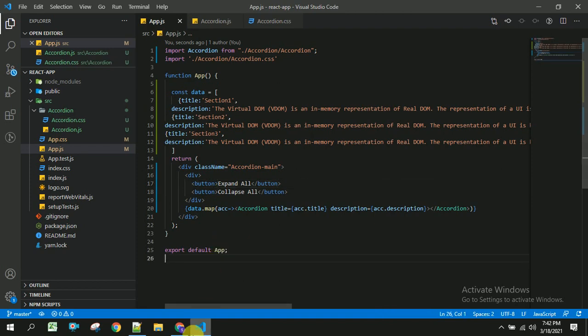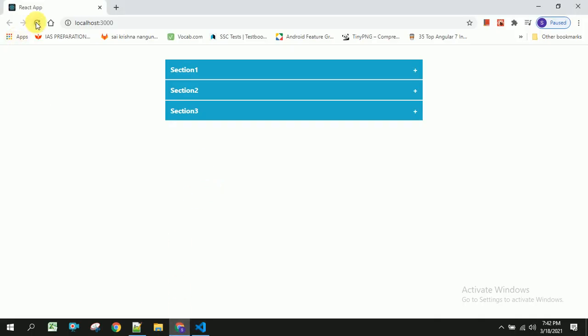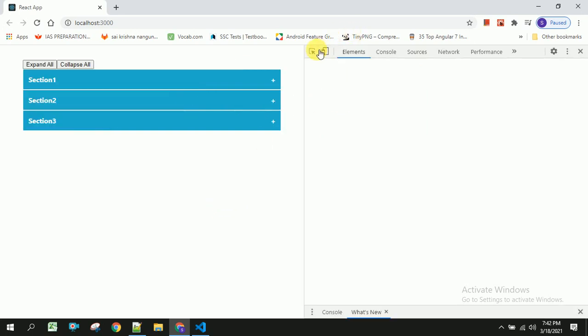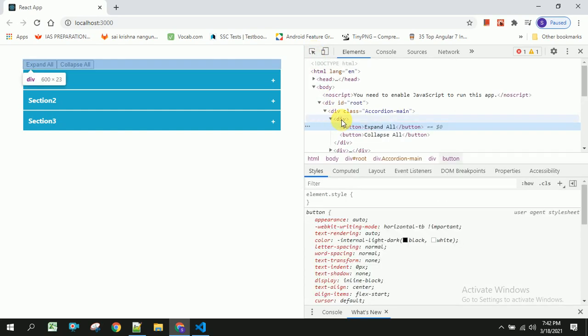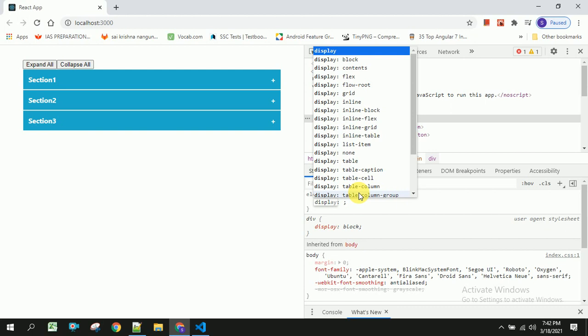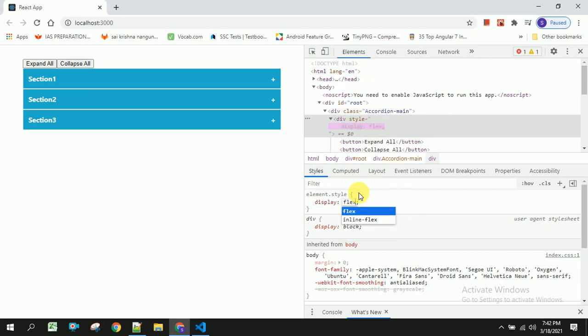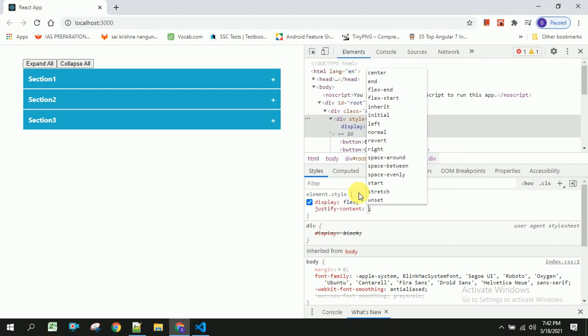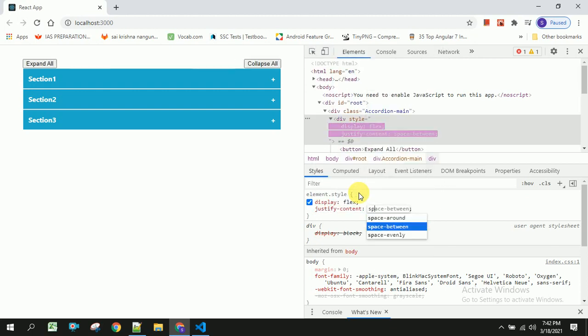Now I will apply some styles to this expand all and collapse all buttons. Let us inspect this. And to this div, I am going to apply some styles called display flex and justify content will be space between.